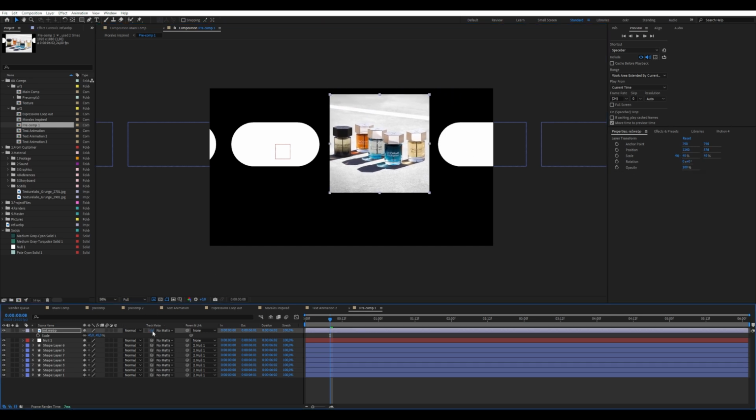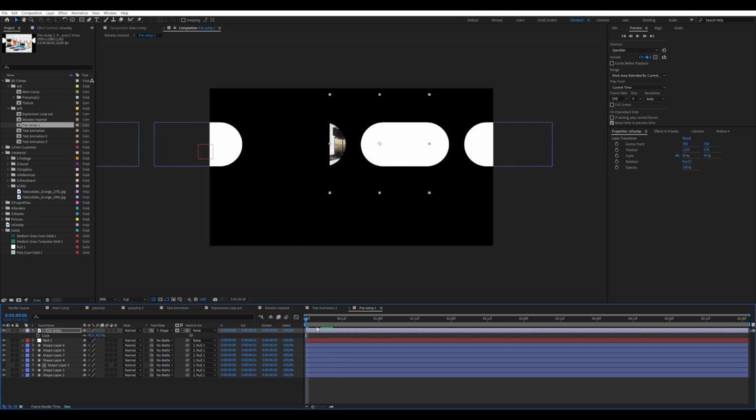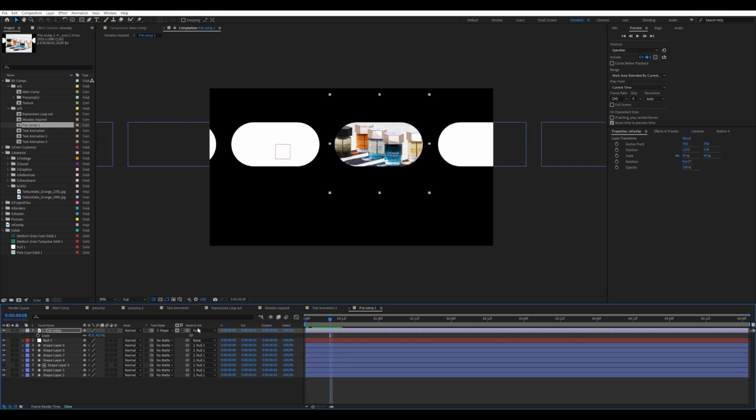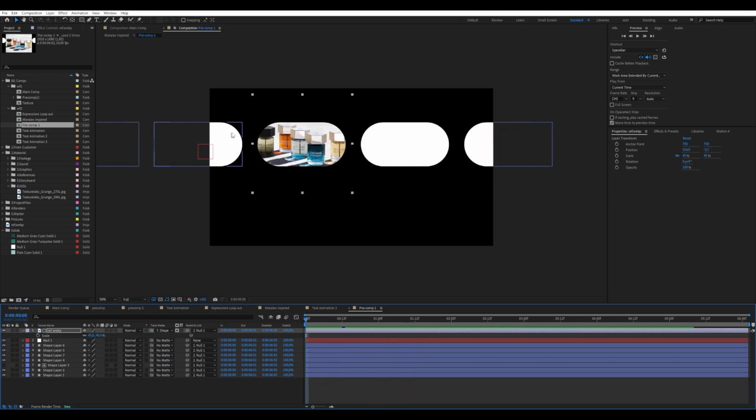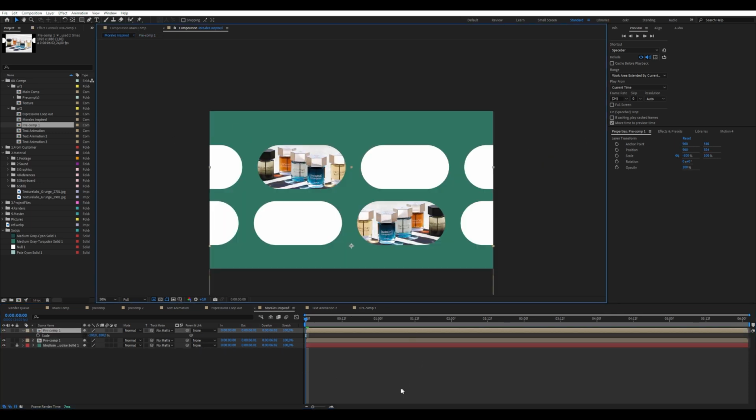So I'm just gonna drag it to layer 3. So now it's like alpha matted. But I probably also want to parent it as well to maybe null 1. Right. So now I could have like a collage of a bunch of different images, and